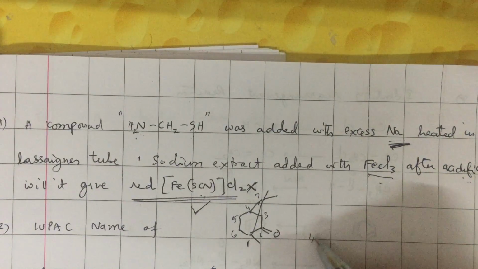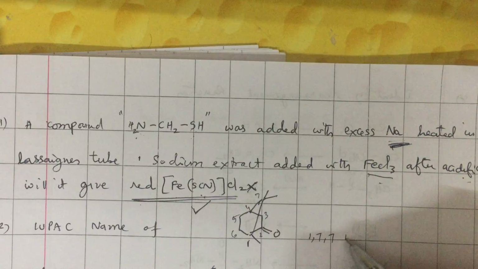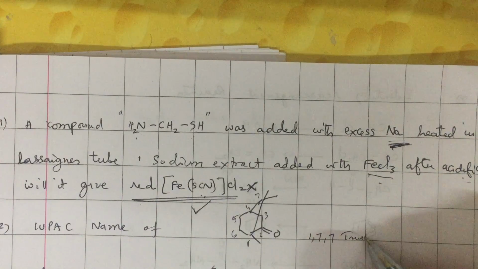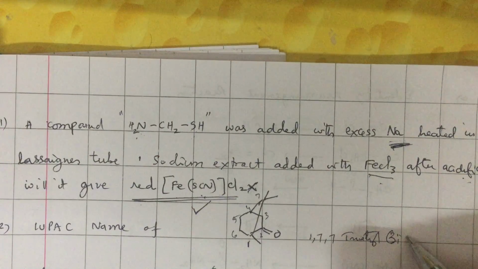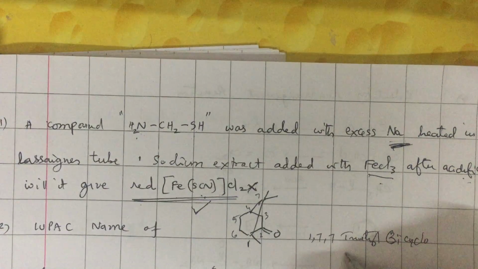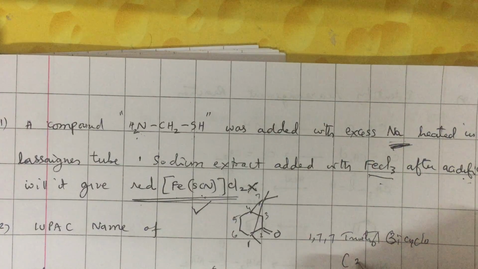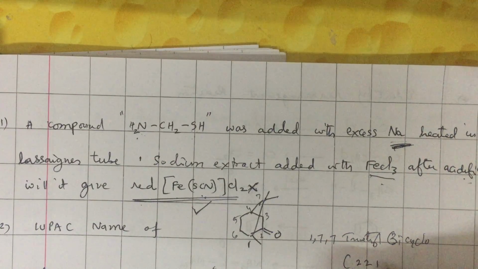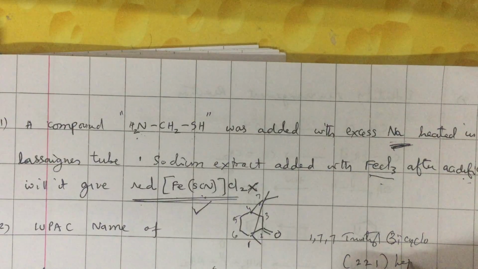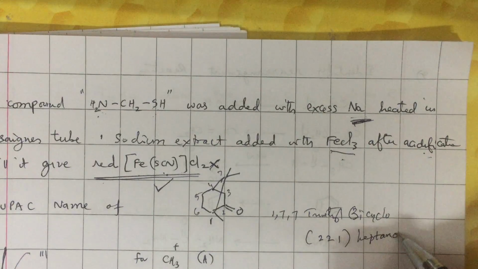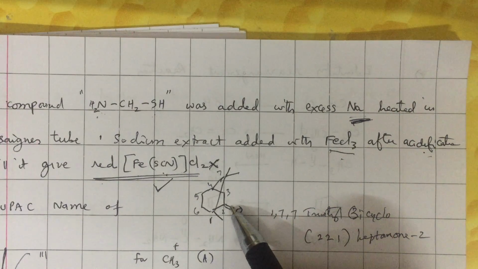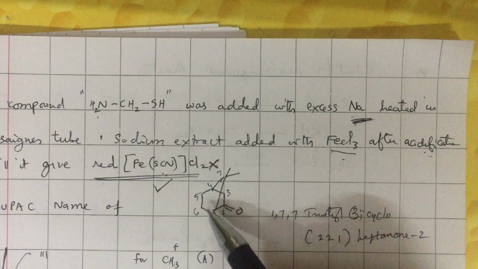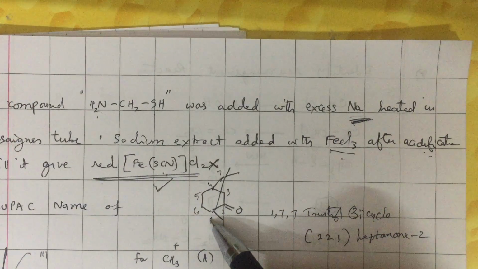Obviously it is 1,7,7-trimethylbicyclo[2.2.1]heptane. It is having a keto group, so it is 2-heptanone, and always while counting you start at the bridgehead